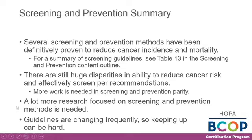So to summarize, there are several screening and prevention methods that have been definitively proven to reduce cancer incidence and mortality. For a summary of those guidelines, I would encourage you to go to Table 13 in the screening and prevention content outline. There's still huge disparities in the ability to reduce cancer risk and effectively screen per the recommendations, and more work is needed in screening and prevention parity for the patients, as was brought out by that ACS 2035 challenge. A lot more research focused on screening and prevention methods is needed, and I think this is an opportunity